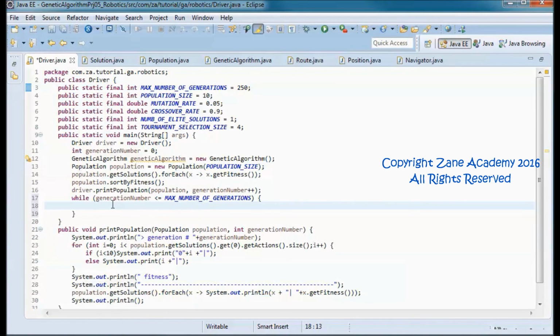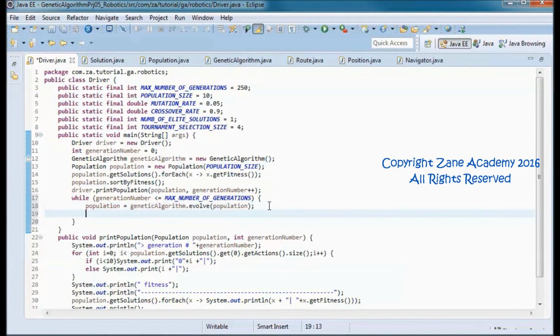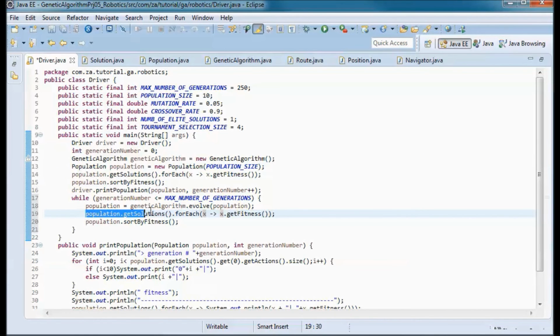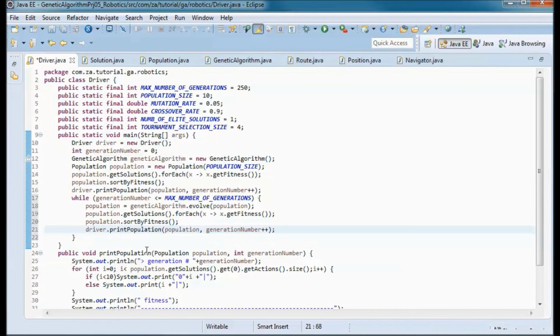I will first go ahead and evolve the population, and then calculate the fitness for each solution in the population of solutions, and then sort the population by fitness, and print out that population.